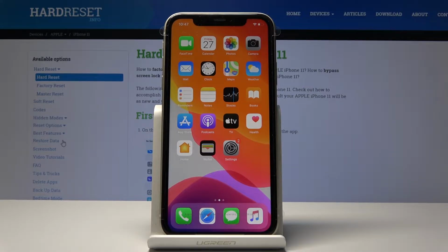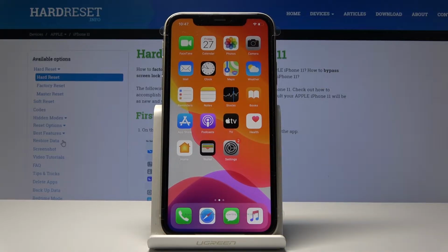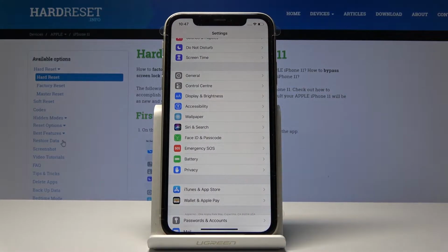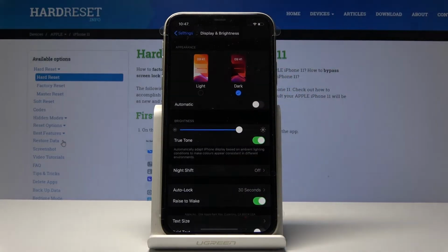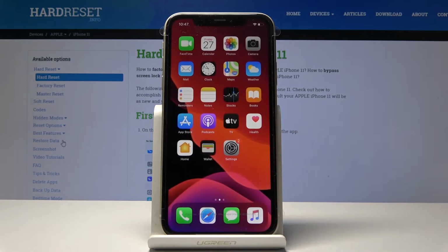So we're going to start off with the ability to change the theme into dark mode, which previously was not very available. And to do it, you want to go into the display brightness in the settings. So display brightness, and then you have the option light and dark. If you change it to dark, you can see that everything turns dark, control center as well,